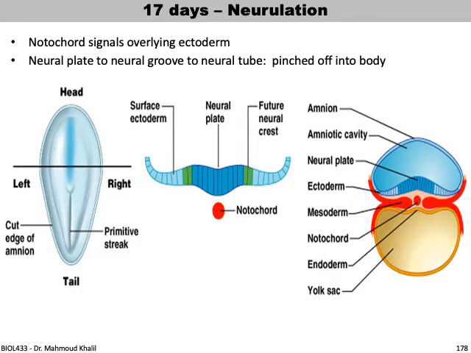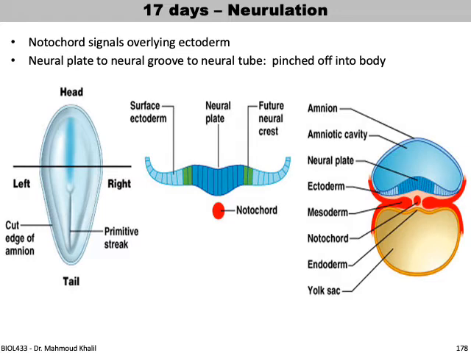At 17 days, the neurulation starts. Notochord signals the overlying ectoderm to form the neural tube. The neural plate to the neural groove, to the neural tube, they are pinched out of the body. So you can see from the figure, if you take a cross-sectional area, you can see the structure of the